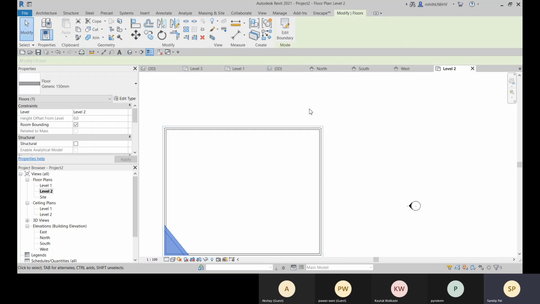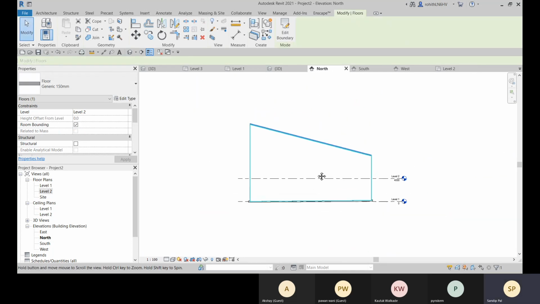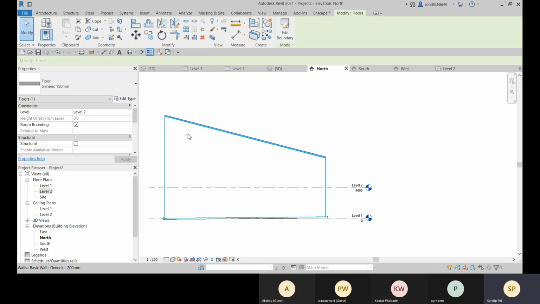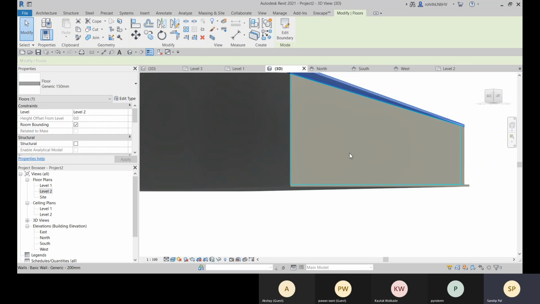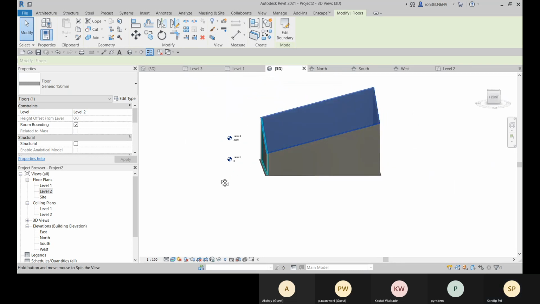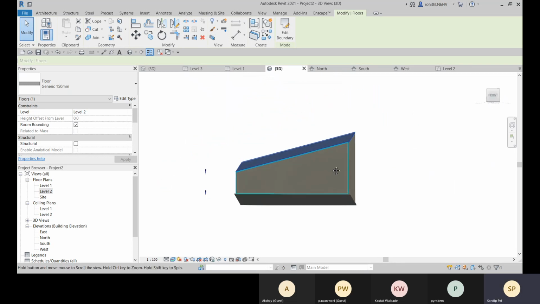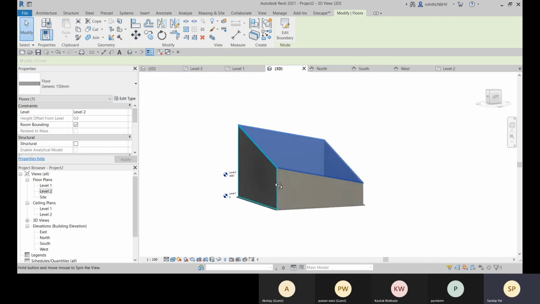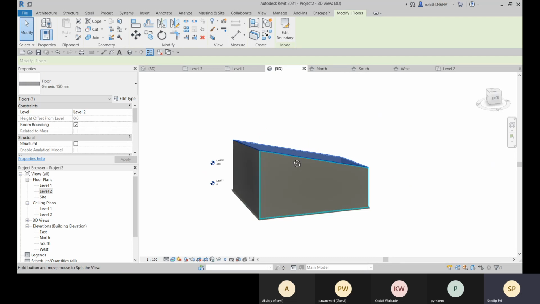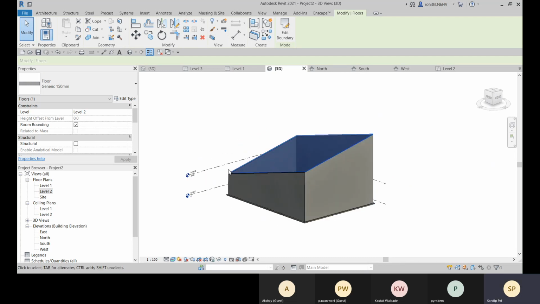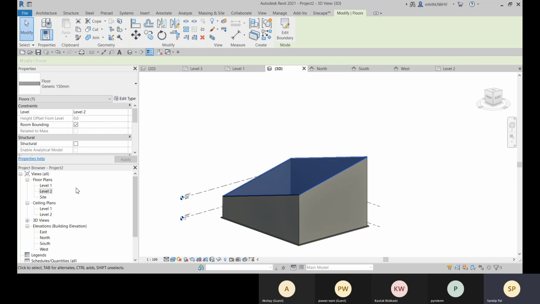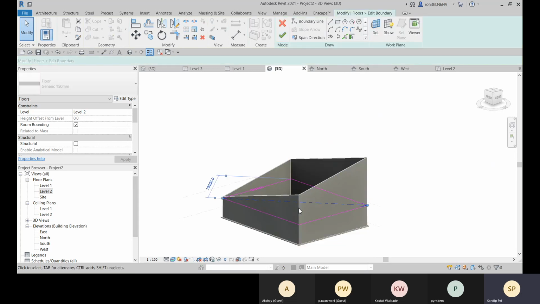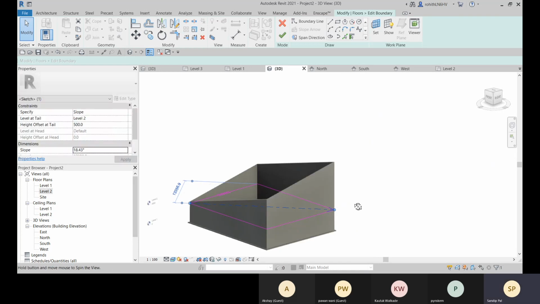Go to attach, and here you can see this is the slope right now. Okay, so we are having that slope. Let me show you. So after that, we are having the slope of 18.43. After that, 500. Okay, we are again getting that slope. Okay, so you can apply both, or else you can just have it simply.